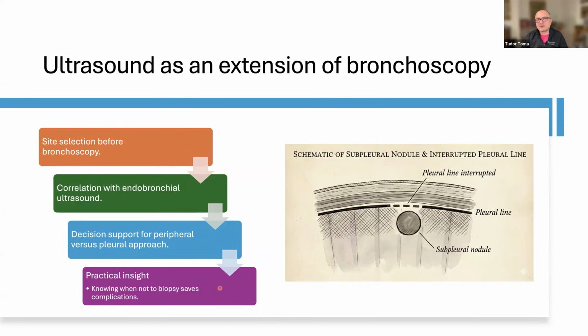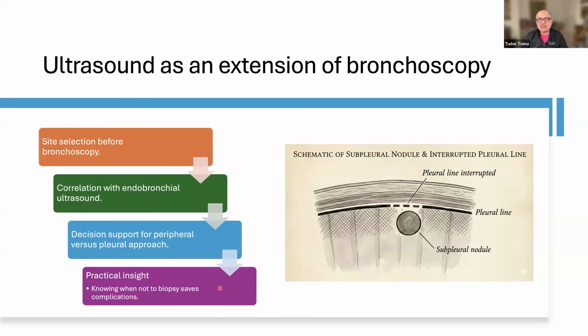And if you are a little bit more courageous, you can use the EBUS bronchoscope for pleural procedures like endobronchial pleural procedures and all this kind of niche interventions. However, from the outside of the chest, the bog standard thoracic ultrasound has an advantage in the bronchoscopy